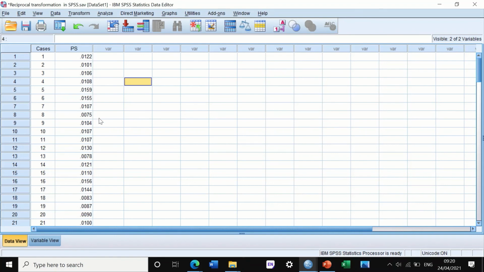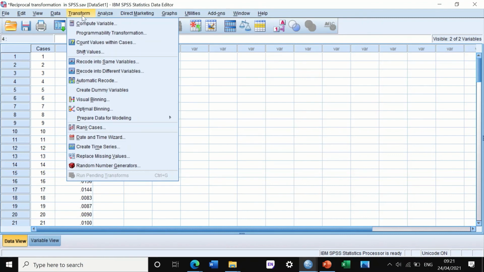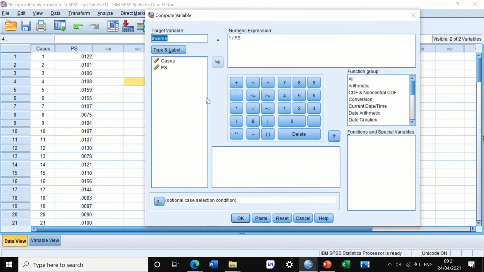To do reciprocal transformation, click on Transform, Compute Variable, reset this, and I'm going to generate a column where the data on the PS column will be computed, and I'm going to call it inverse data. And the way to do inverse is to